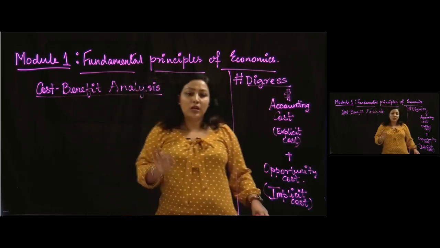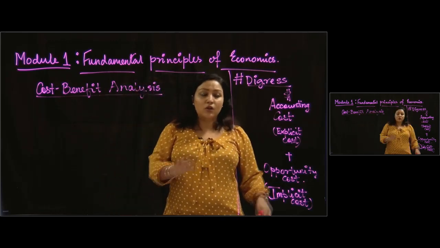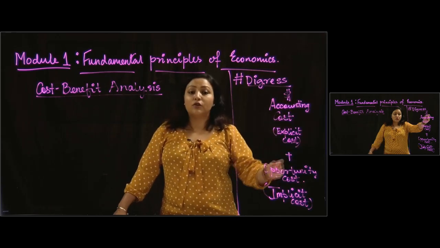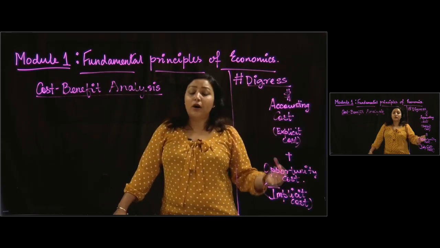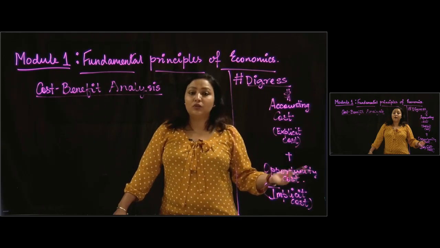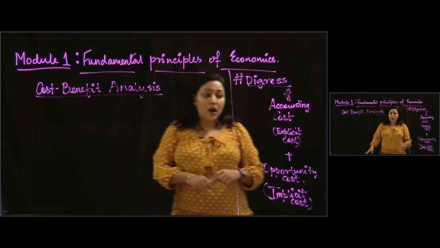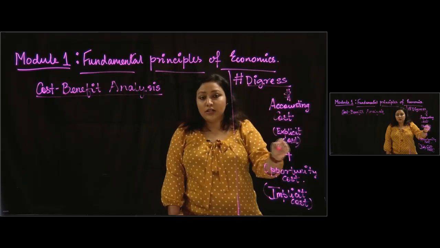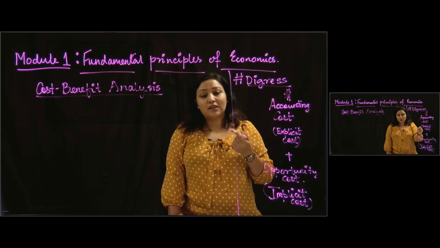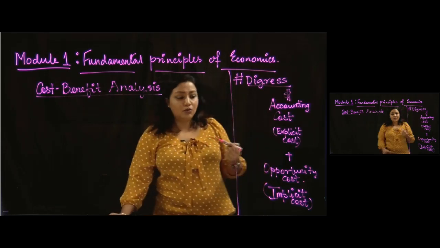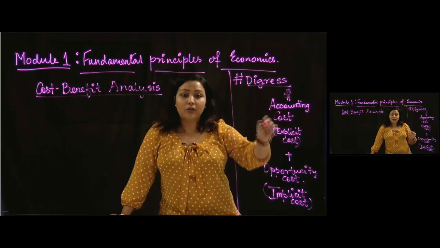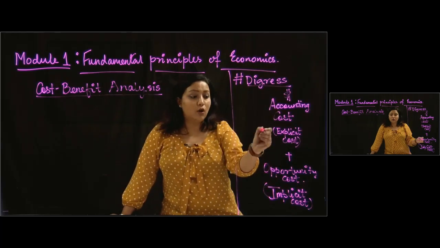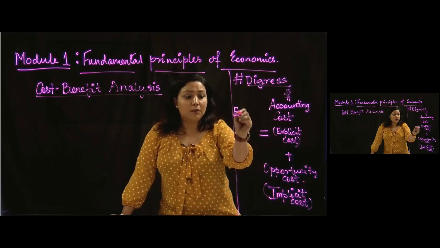So every decision in your life has an accounting cost which could be quantified in terms of dollars, but there is also an opportunity cost or implicit cost, which is basically what you have foregone or sacrificed to take this option. Now, accountants only concentrate on the accounting cost or the explicit cost. But what sets us as economists apart from accountants is that we are not only worried about the accounting cost, but we are also worried about the opportunity cost or the implicit cost. So the economic cost of something,